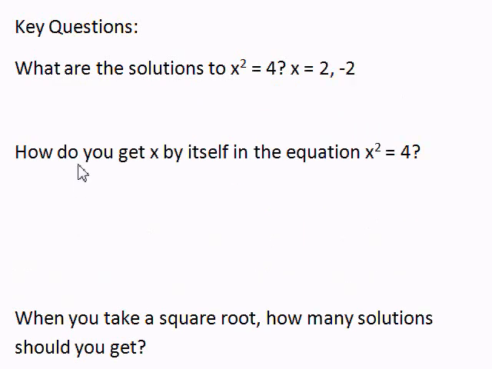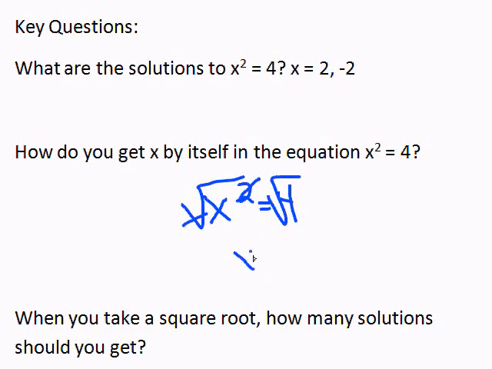So the next question really is about the solving process. How would you get x by itself in the equation x squared equals 4? Notice x is not by itself because there is an exponent of 2 attached to the x. So think to yourself, what is the opposite operation of squaring something? The answer is you can get rid of a square by taking the square root of both sides. Notice the square root and the square will cancel each other out, giving us x is equal to